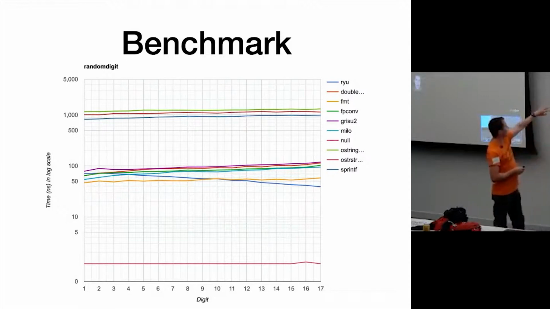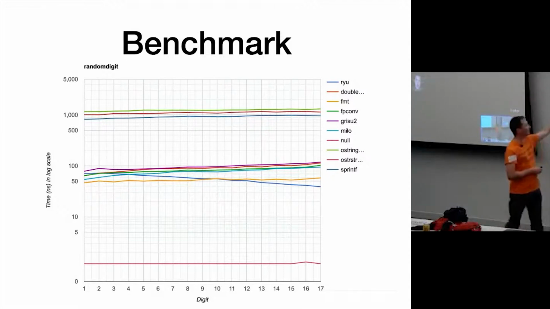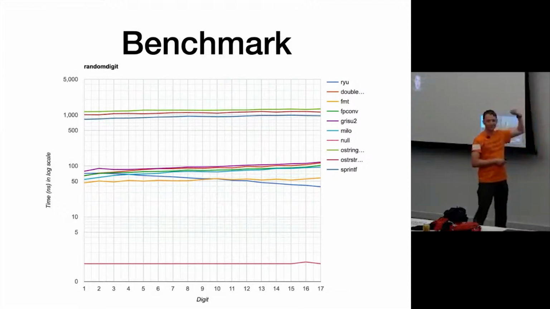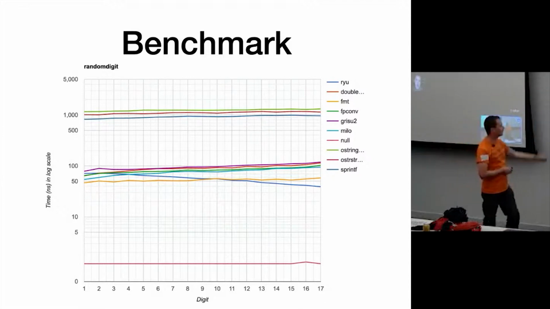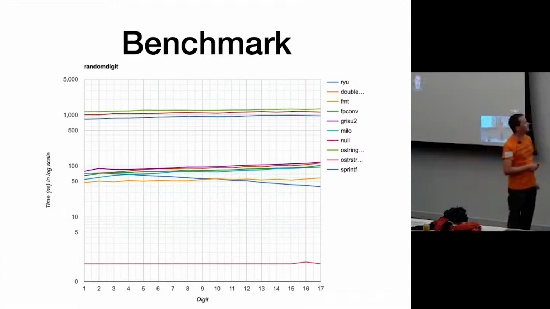you can see this is a logarithmic scale. So at the top, which is bad, is ostringstream and printf. Then there is a cluster of slow things, which is your standard library, except for to_chars, the new thing. With to_chars is not here, but they could use Ryu or one of the